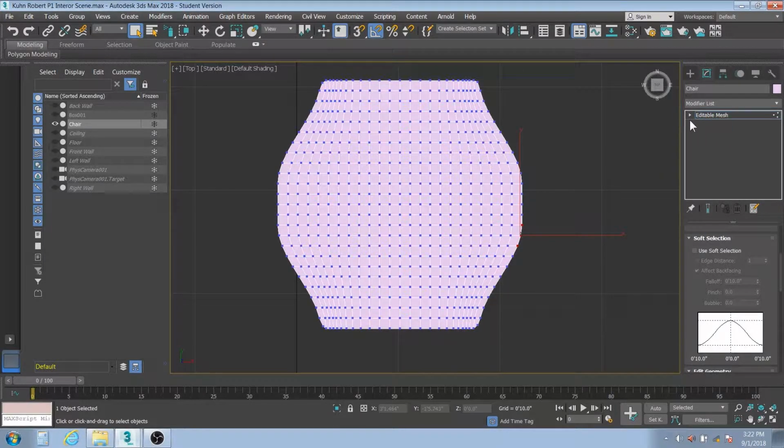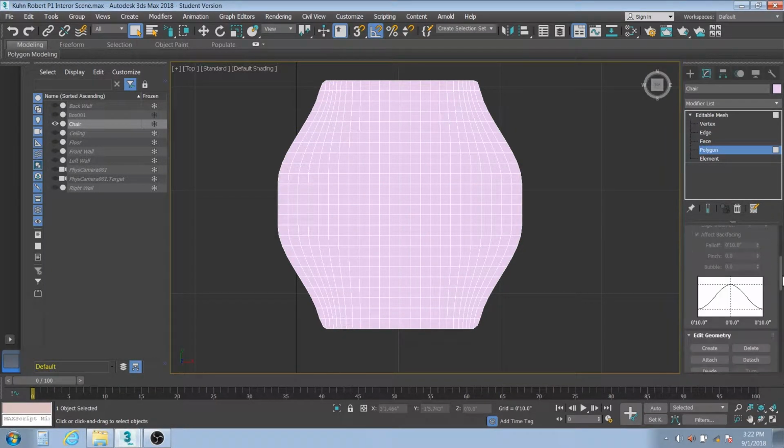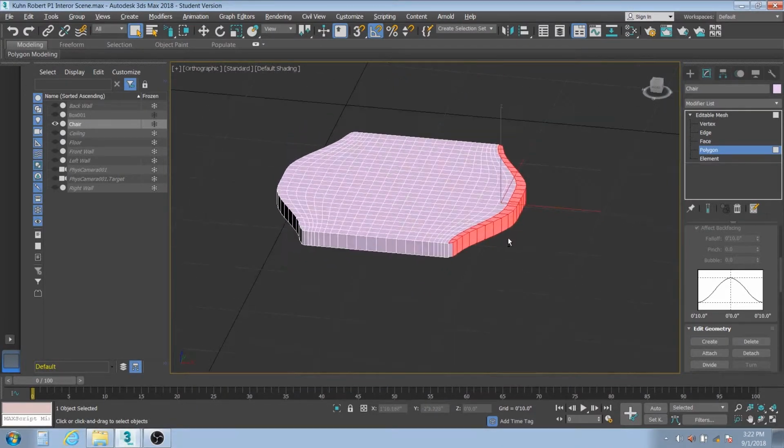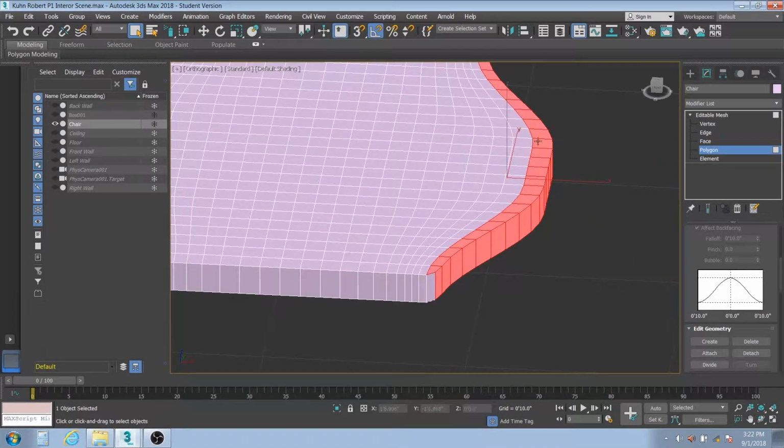Over here in the stack, remember we can open that up, and I'm going to change it to polygons. That way I don't have to come over here and roll it up and down. Okay. With the paint can selected and the polygon selected, I'm just going to hold down my left click button, and I can just paint the selection that I want. Okay, well we're looking pretty good so far, but if we were to turn it this way, we can see that a little bit more is selected than what I want. What I really want is just this top row right here